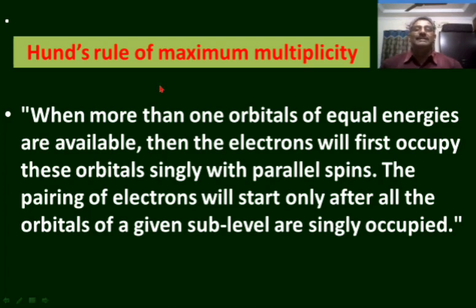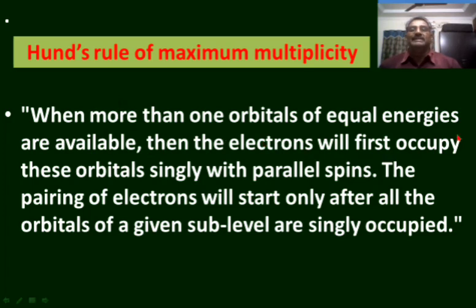Degenerate orbitals are the orbitals of the same subenergy level, that is the 3 orbitals of the p subenergy level, 5 d orbitals of the d subenergy level and 7 orbitals of the f subenergy level are said to be the degenerate orbitals. This third rule, that is Hund's rule of maximum multiplicity, governs this filling of degenerate orbitals, that is orbitals